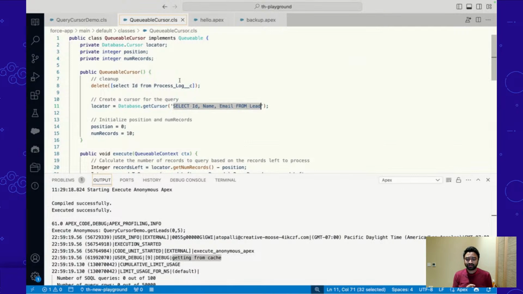Now for that, basically what I have is a simple queueable cursor class that implements Queueable. I have three private properties: one that stores the cursor, another that stores the current position, and the third one that stores the number of records. Now the important thing to note here is whenever you're talking about a cursor, we can only store the cursor